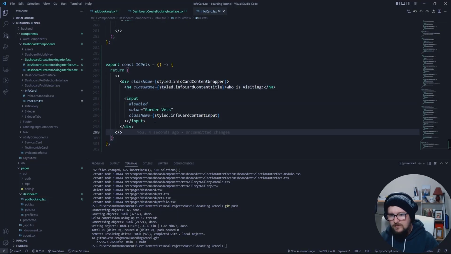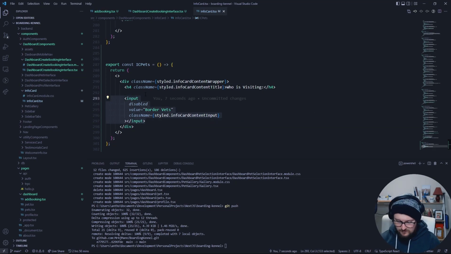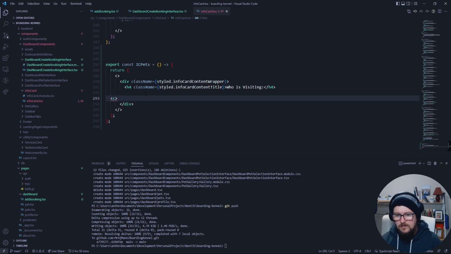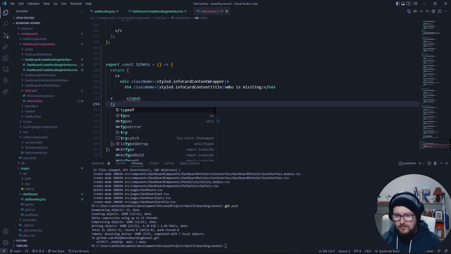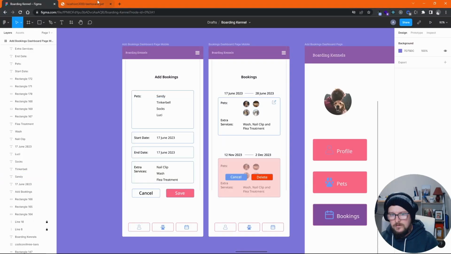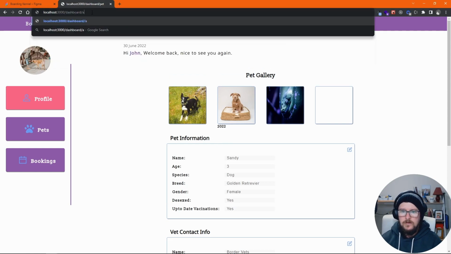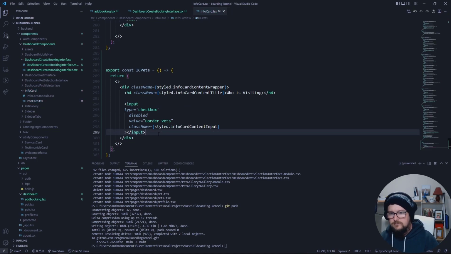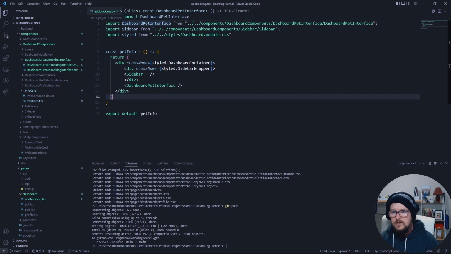And then under here, we can have it still is an input, and then the type is checkbox. And then we want here add booking. Right. And now here we want